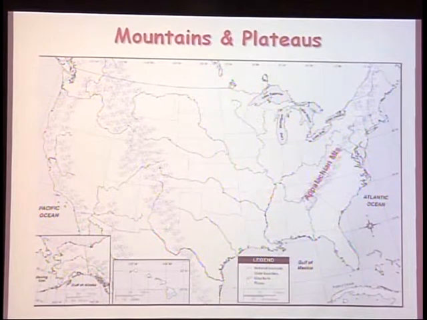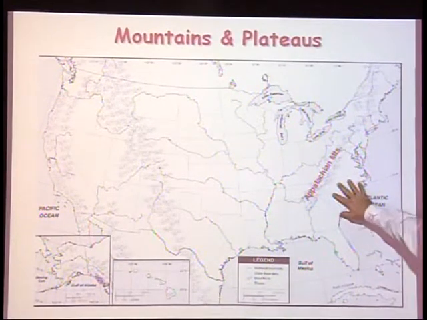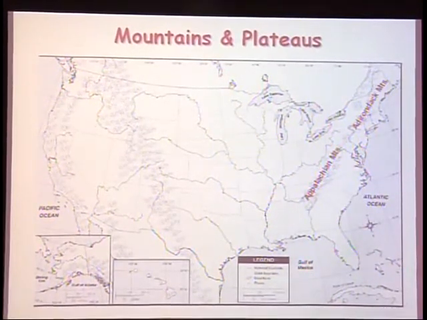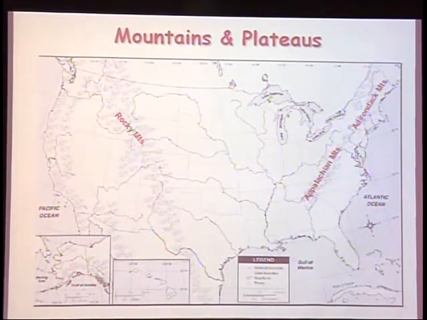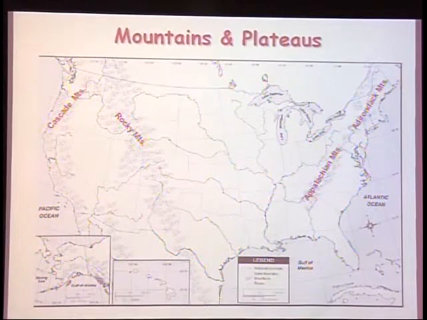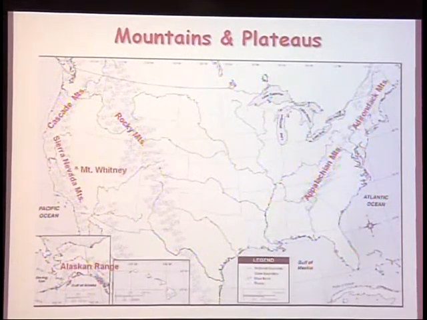Mountains and plateaus. Okay? We have the Appalachian Mountains, which we've discussed here on the East Coast, the Adirondack Mountains, which are a continuation of the Appalachians, the Rocky Mountains on the West Coast, the Cascades up through Oregon and Washington, and the Sierra Nevadas, which dominate California, and the Alaskan Range in Alaska. Mount Whitney, located here on the edge of California and Nevada, and Mount McKinley, the United States' highest point in Alaska. Pikes Peak,